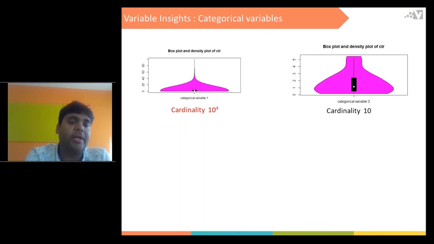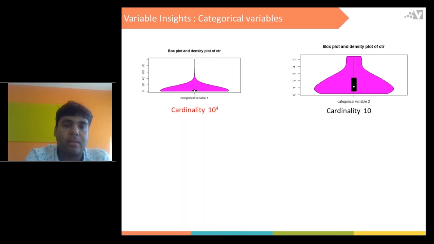I took the CTRs of those variables and did a box plus density plot. The width of the section shows the density of that variable at that particular CTR, and the y-axis is the CTR variance for that particular